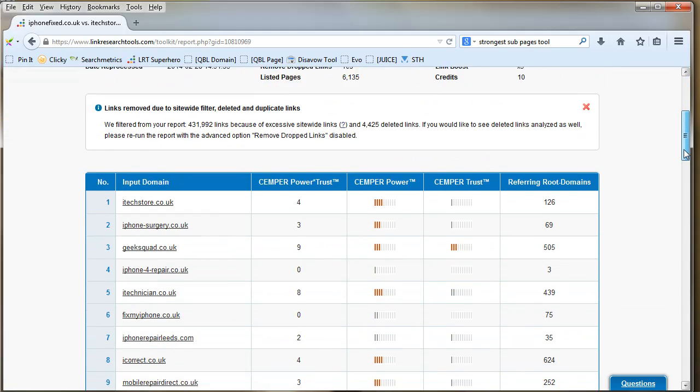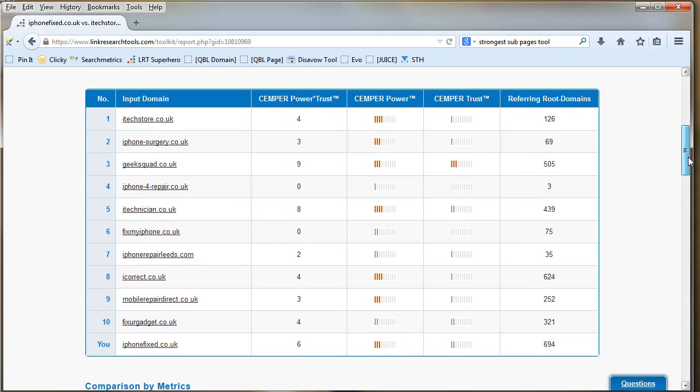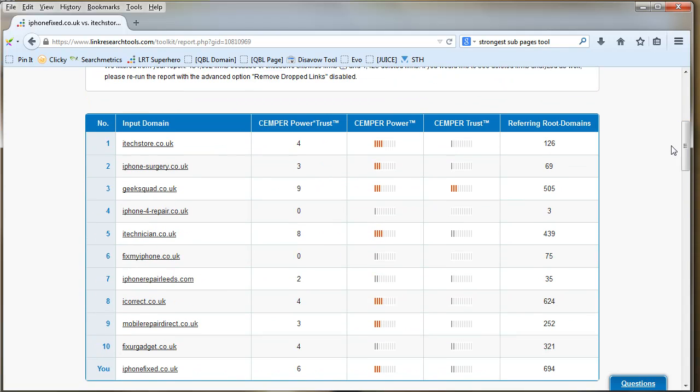Now what I'm doing here, I'm comparing a site which I worked on a while ago called iPhoneFix.co.uk, who repair iPhones, and I chose the 10 main competitors that were already ranking, and as it happens, this one had a penalty, so it wasn't ranking too well. Now, what this basically does is a link detox on every single site that you've put in here